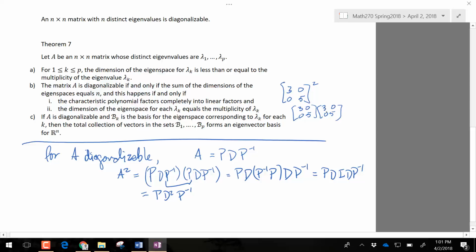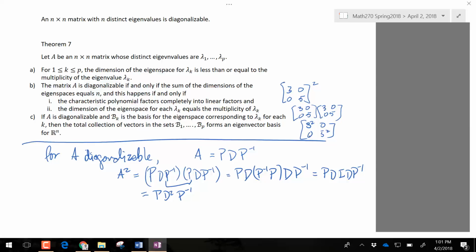And that's just going to be 3 times 3, 0, 0, and then 5 times 5. So squaring it is not that big of a deal, but if you take it to some arbitrary high number,